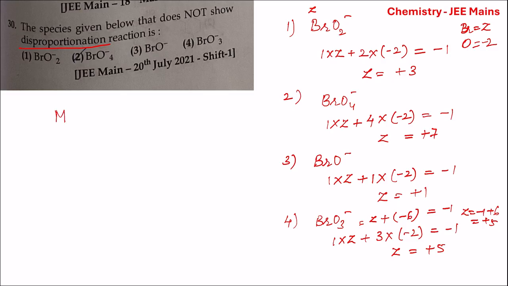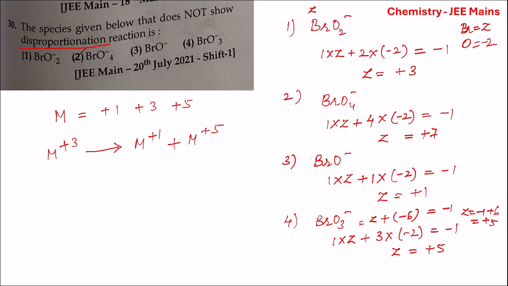Now, this element, suppose it has different oxidation states like plus 1, plus 3 and plus 5. When this is in plus 3 oxidation state in any compound, if this plus 3 oxidation state is less stable, it will undergo simultaneous oxidation and reduction. That is, it will change into plus 1 oxidation state when it undergoes reduction, and it will change into plus 5 oxidation state when it undergoes oxidation.